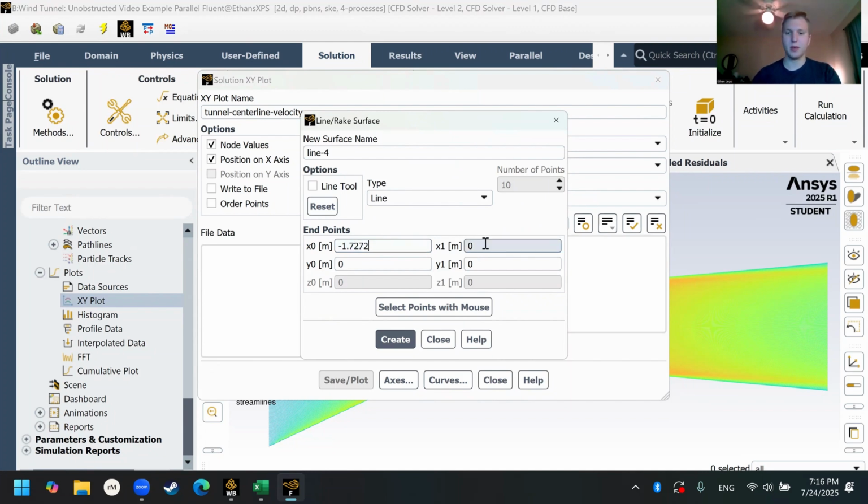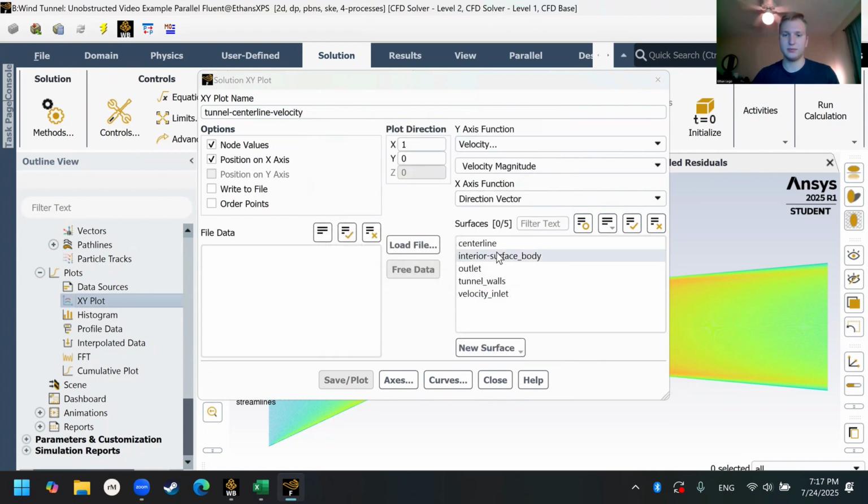1.7272 and positive 2.1845. And these values correlate with the beginning and the end of the test section. And this is going to be called centerline. Create that and close. So I'm going to take the velocity magnitude along the center line, and we will see